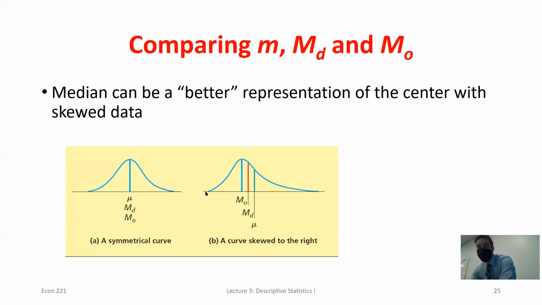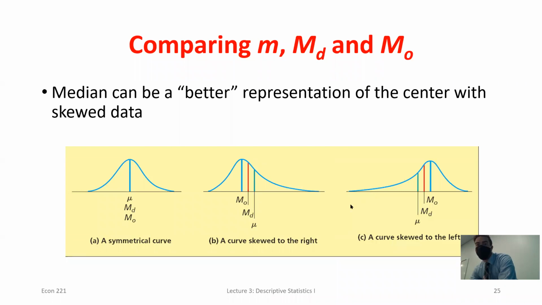So even if I didn't show you the distribution right here, and I just told you what the mean and the median were, if I told you the mean of a data set was 50 and the median was only 20, so the mean would be greater than, or to the right of, the median, you would automatically know that's a right skewed distribution, even without seeing the actual distribution graph.